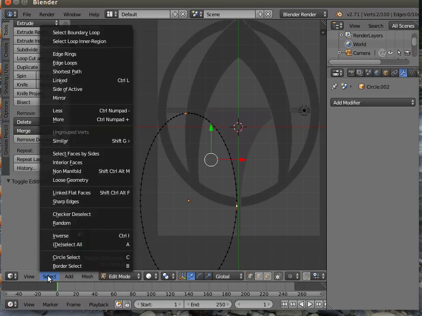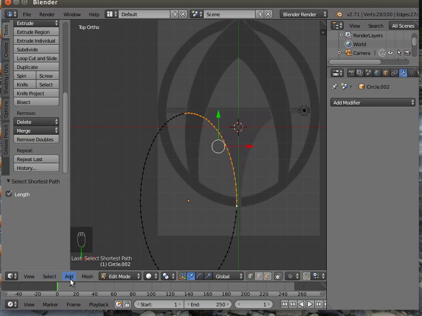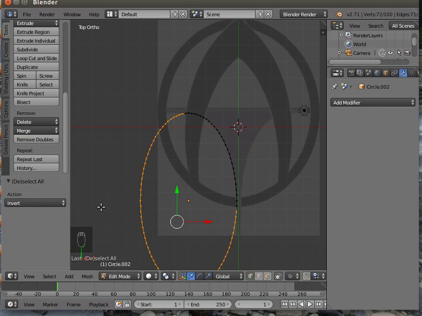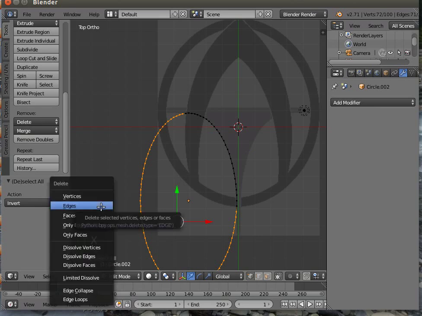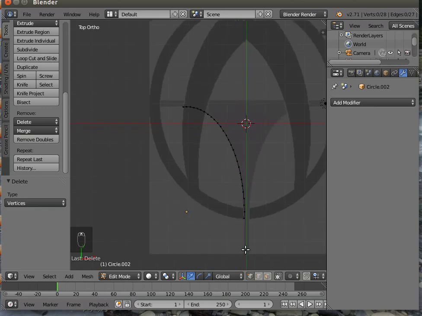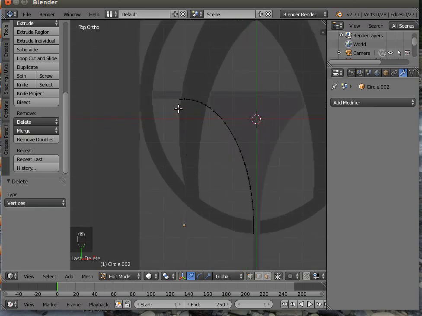So select shortest path and invert it, and X, get rid of everything, vertices, and you say to yourself, right, now what are we going to do? And what I'm going to do is I'm just going to take that vertice there and I'm going to move it,